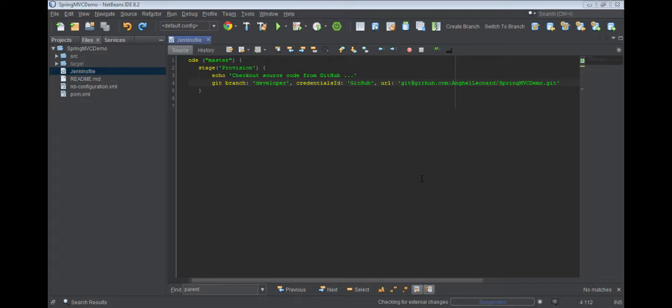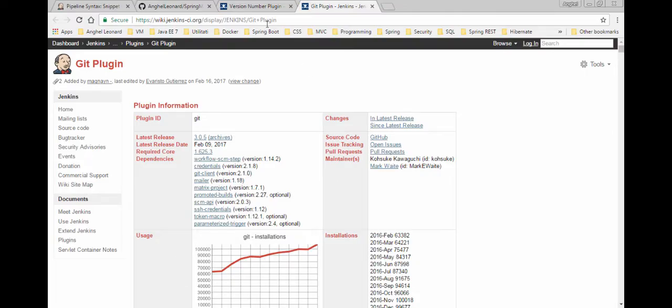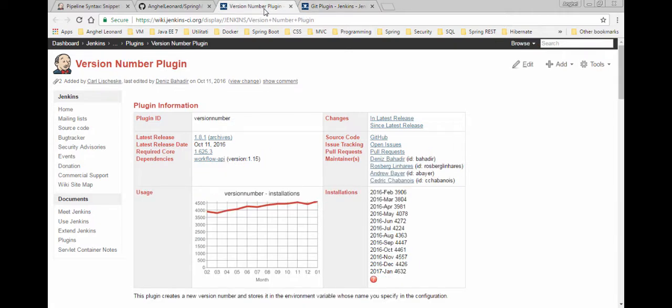Now the next task, also in this stage, is to change the version number of the project. Usually Maven uses a version number in the POM file, and we don't want to use that. We actually want to change the version number as quick as possible, and for this we will use another plugin. This plugin is the version number plugin,